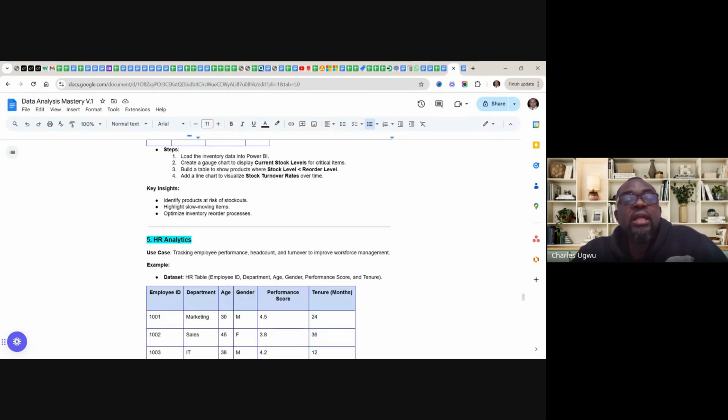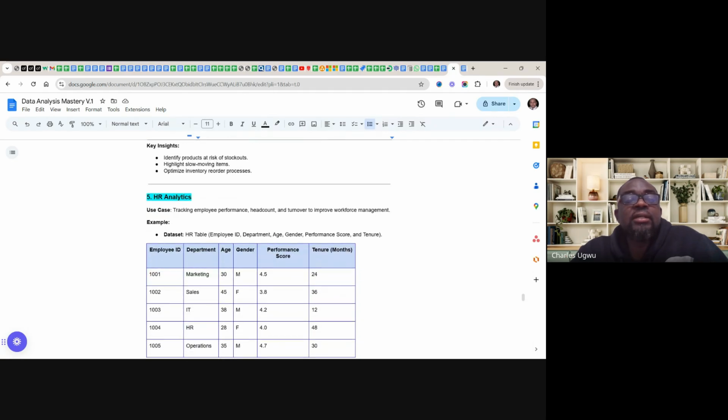So the next is HR analytics. The use case is to track employee performance, headcount, and turnover to improve workforce management. An example data set here has employee ID, department, age, gender, performance score, and tenure.